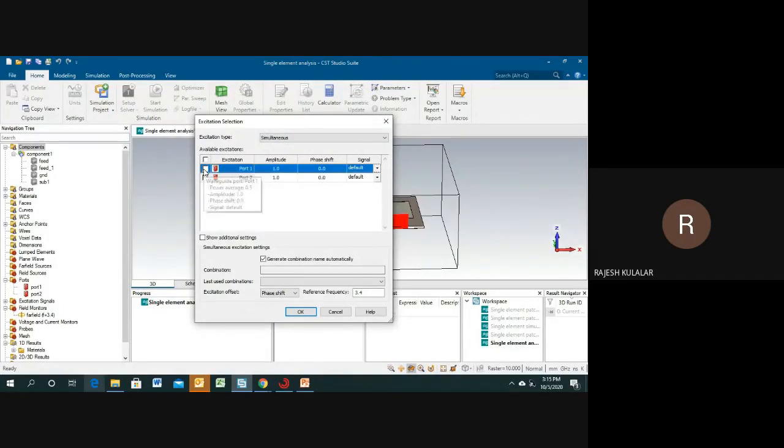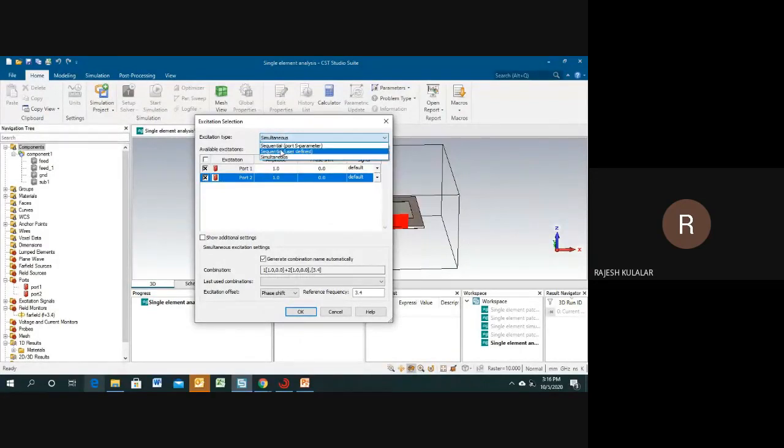So you can just excite this antenna with the same amplitude or unequal amplitude, and you can define some phase shift also. The phase shift is taken at a frequency, which will be 3.4 gigahertz. The amplitude you can define as equal or unequal. If you want to use some scanning parameter or other applications, you can provide the phase shift also. So let's suppose that I will do it sequentially, and I will do the combined result. For getting the array parameters, I will do the combined result.